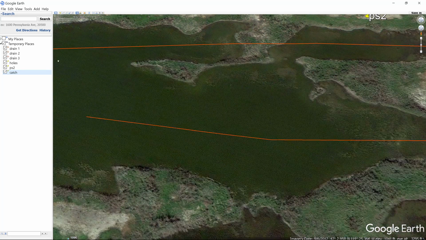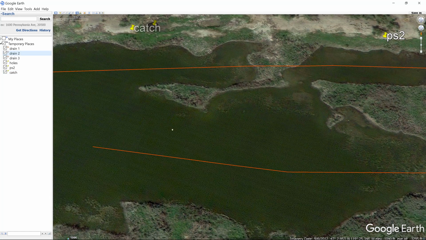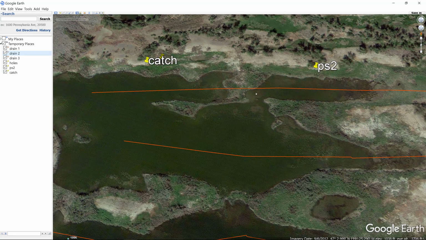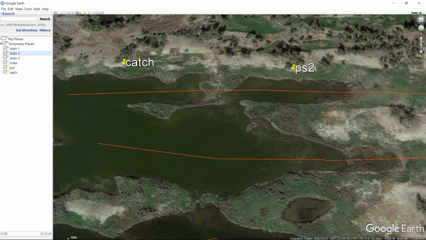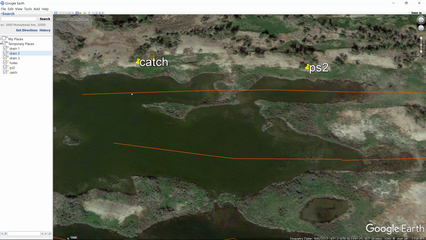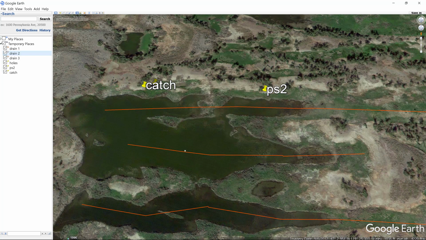All right, let's talk about this drain 2 here. This is drain 2. Now, sometimes the tracks aren't labeled on there like these waypoints have got a label next to them. So you'll watch here, this lights up. If I don't know, I can just click on this and drain 1 lights up. And I click on this one and drain 2 lights up. So when we look at drain 2,